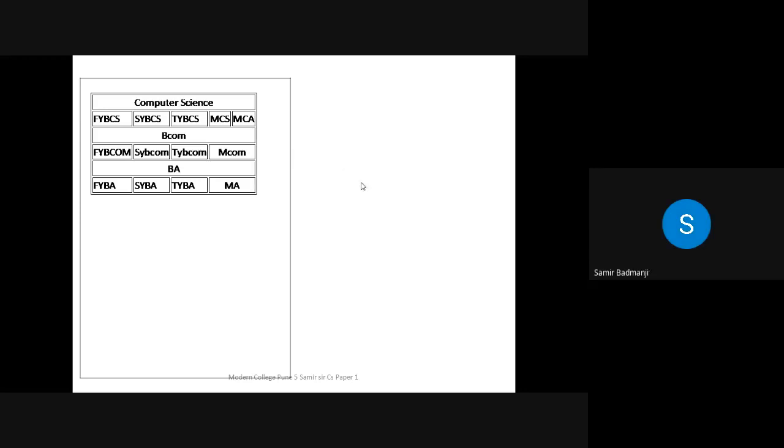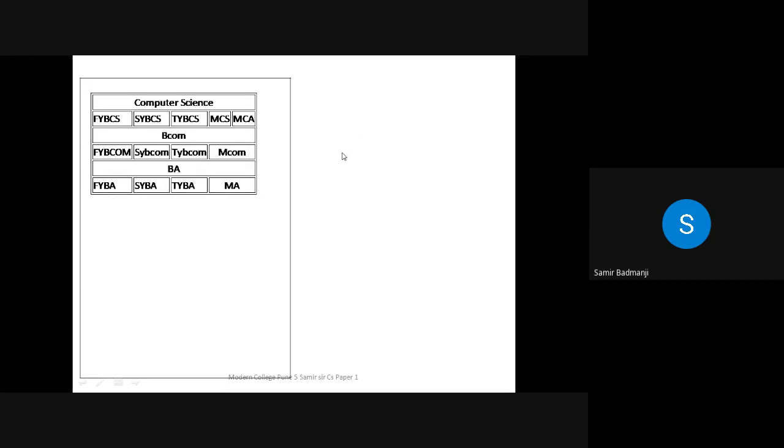Yes, correct. Similarly for BA, see, above BA there are 4 columns. Below BA also there are 4 columns. So you do not have to write 4. Because above BA there are 4 columns, but above that there are 5 columns. So whichever is the largest size that you have to write, because colspan is for the entire table and not for the immediate row above or below. Okay. So for BA also, because above that there are 5 columns, whichever is the maximum number of columns, you have to write colspan equal to 5. Again for MA you have to write colspan 2.